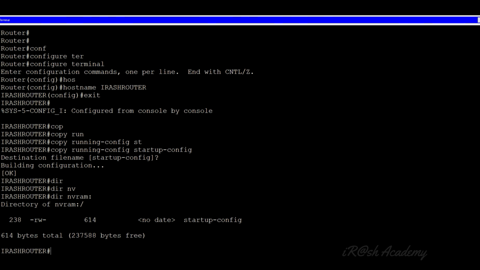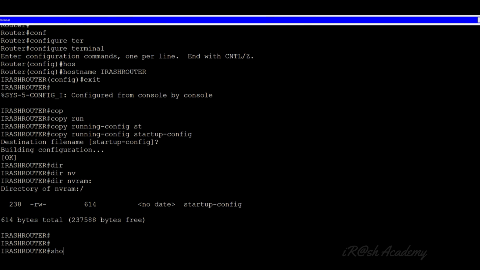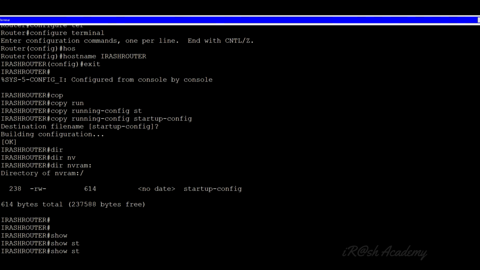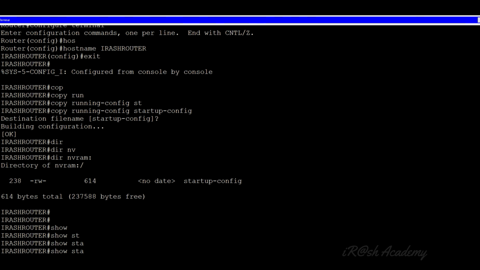See here. Before, the NVRAM directory was empty, but now you can see there is a file which is called startup configuration, and this is the total size of that file. This is the size available free in the NVRAM. Now we know there is a startup configuration. Now can we display that startup configuration? Yes, of course. We can use the command show startup configuration,